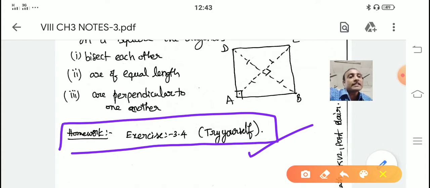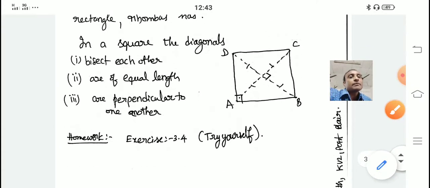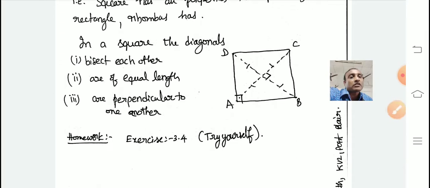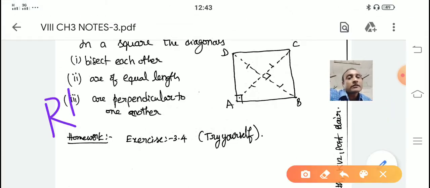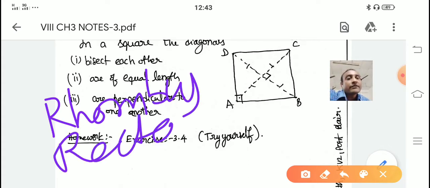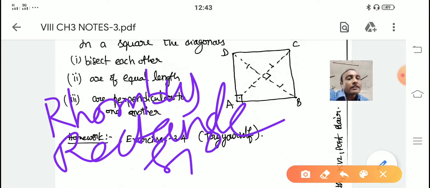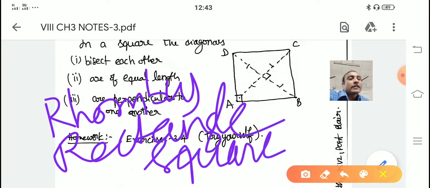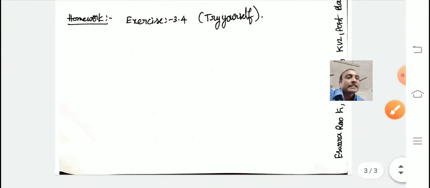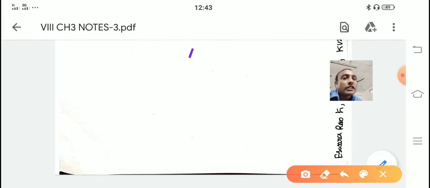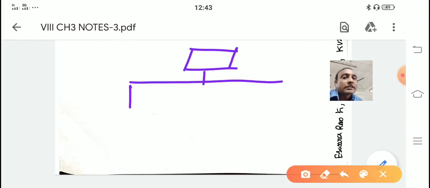So in today's class you have seen what a parallelogram is, and the special types of parallelograms, which are the rhombus, rectangle and square. So, what have you seen? Rhombus, rectangle and square. If you take a parallelogram, it is said to be a rhombus when all sides are